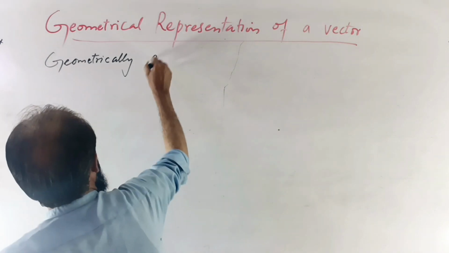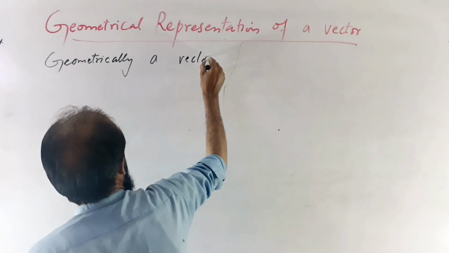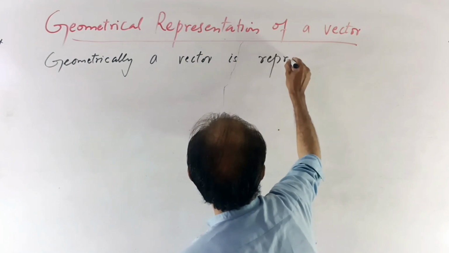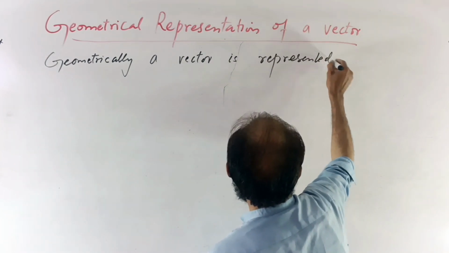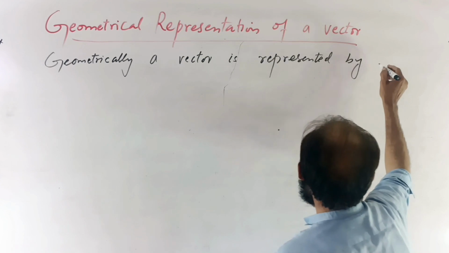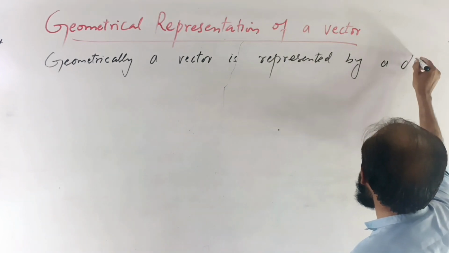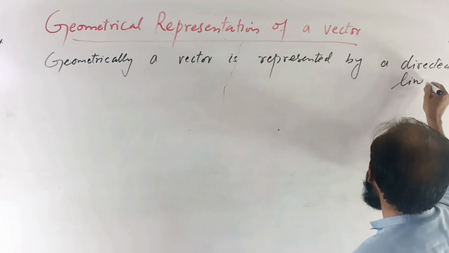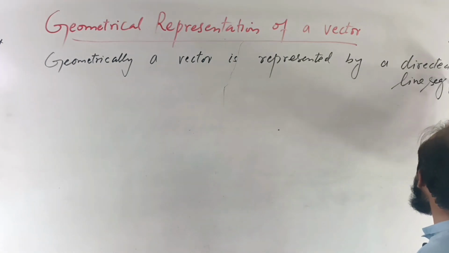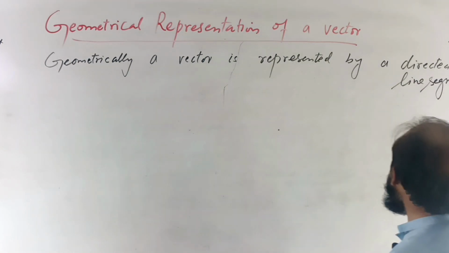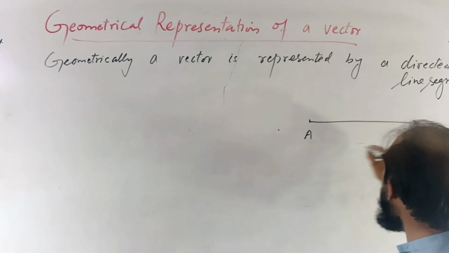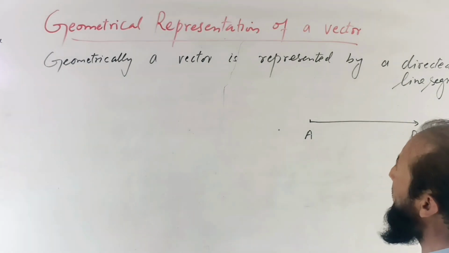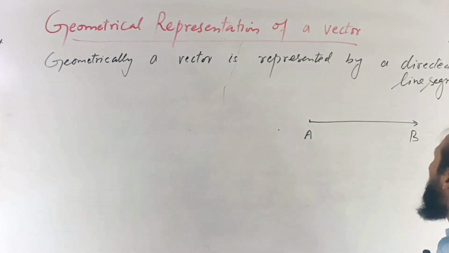Geometrically, a vector is represented by a directed line segment, with an initial point and B as the terminal point. So geometrically, a vector is represented by a directed line segment,